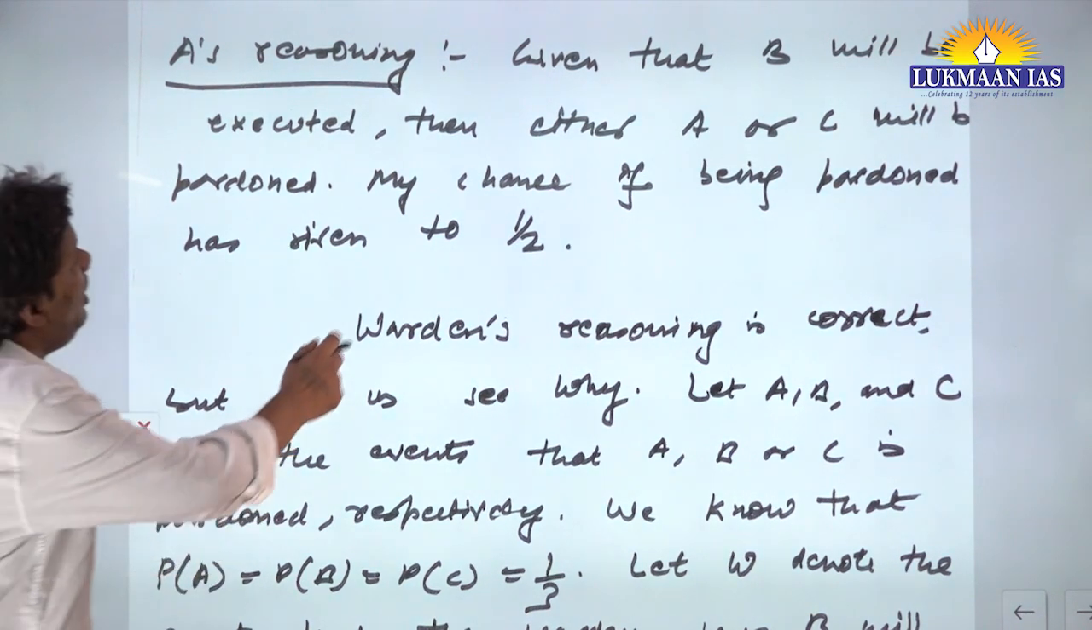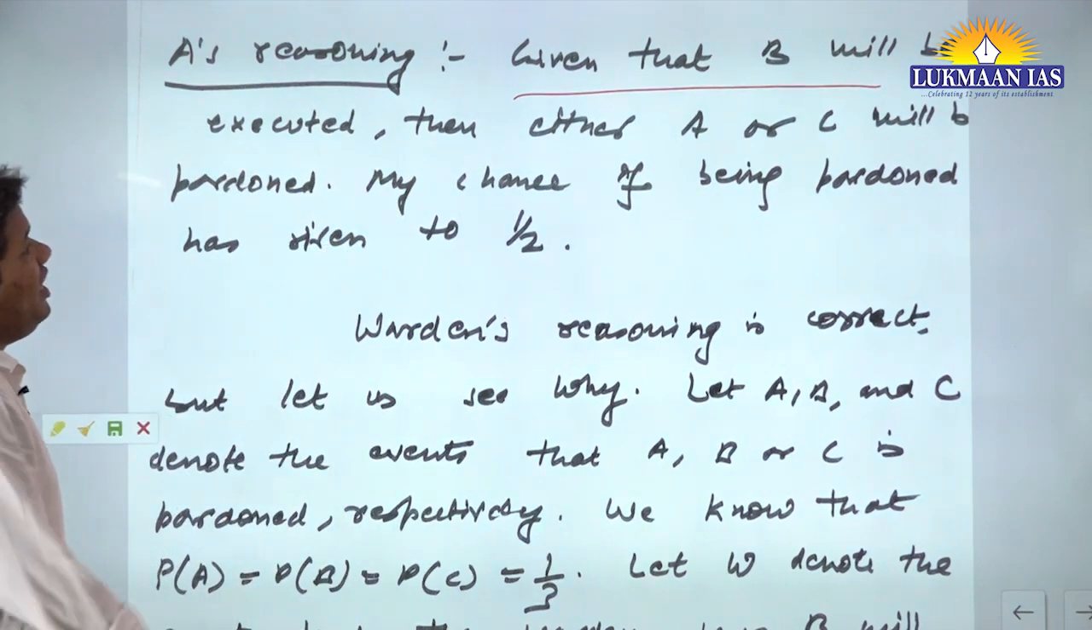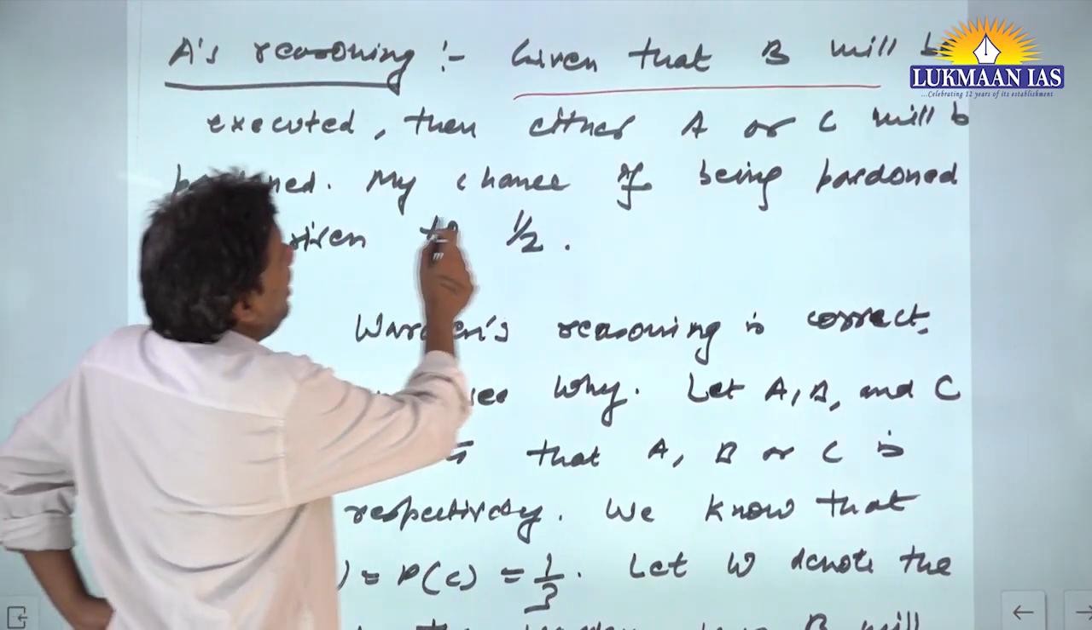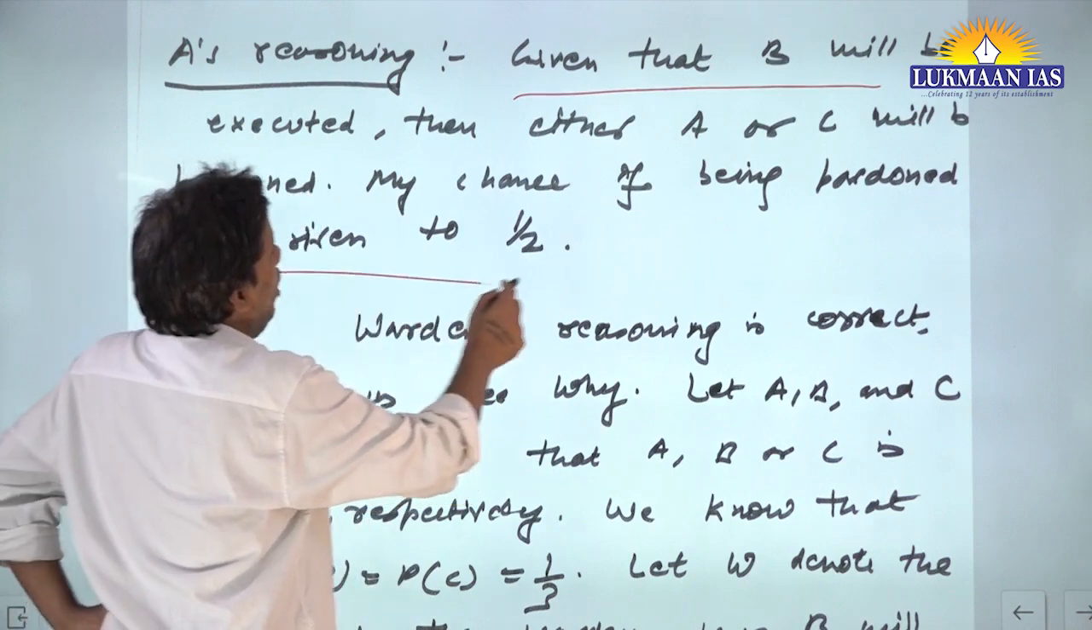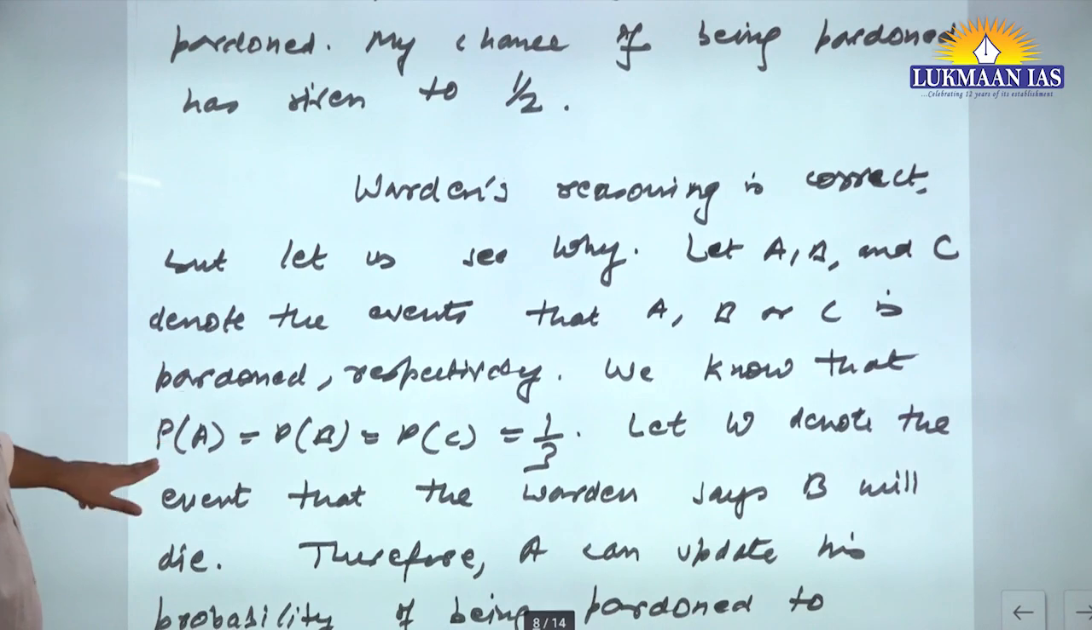A का क्या रीजनिंग है? A given that B will be executed, then either A or C will be pardoned. My chance of being pardoned has risen to half. This is what A thought. But